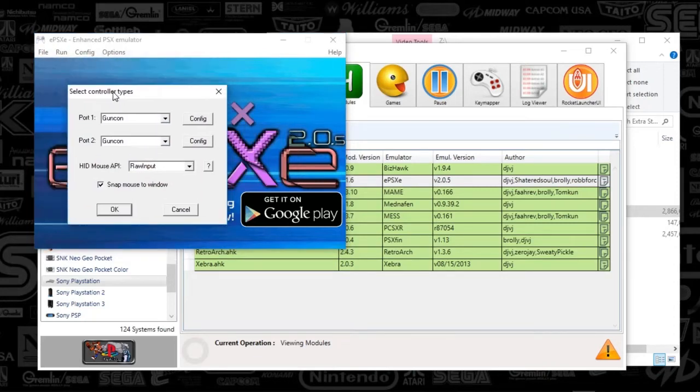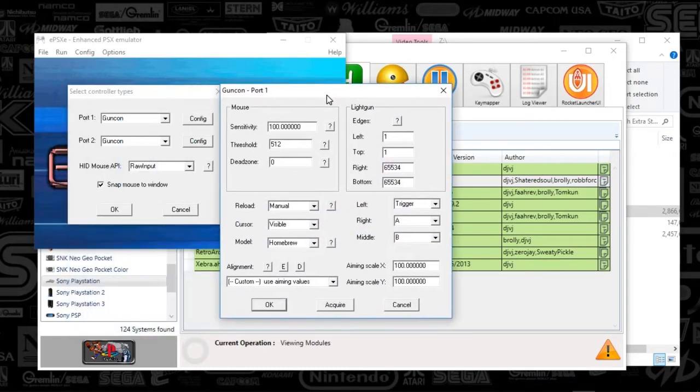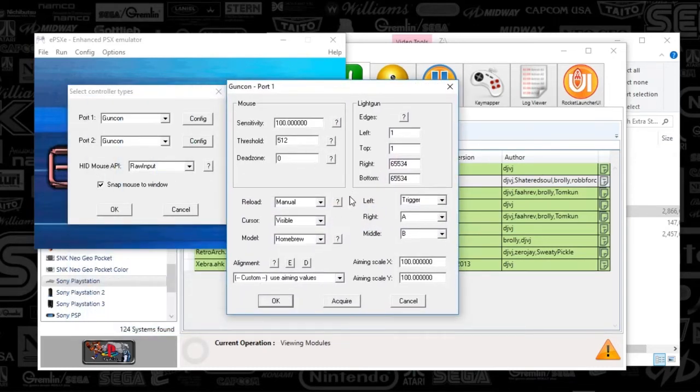And this one was a fun one to set up, guys. So here's my setup here. We're going to use GunCon, port 1 and 2. We're going to use raw input, and we're going to snap mouse to the window. When you hit configure, for port 1, this is what I've got set up here. So kind of mirror that, and